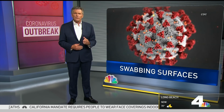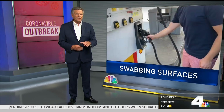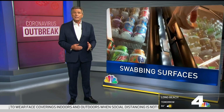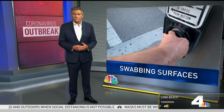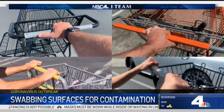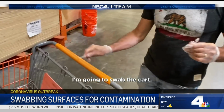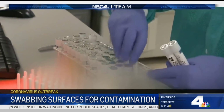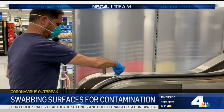But how often is the virus, the one that causes COVID-19, actually found on these high-touch surfaces? Well, the I-Team's Joel Grover used state-of-the-art technology to find out. Hundreds of hands touch these shopping carts every day, and these elevator buttons, and these gas pumps. To find out if they're contaminated with the virus that causes COVID-19, the I-Team went from